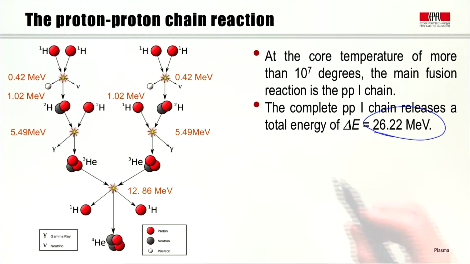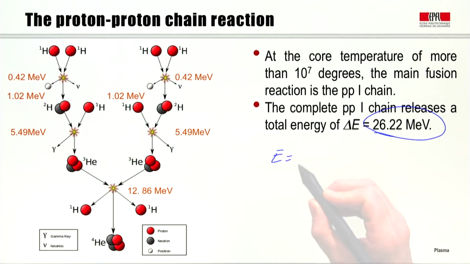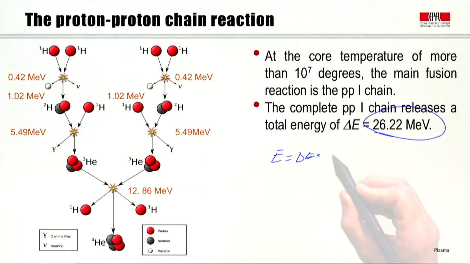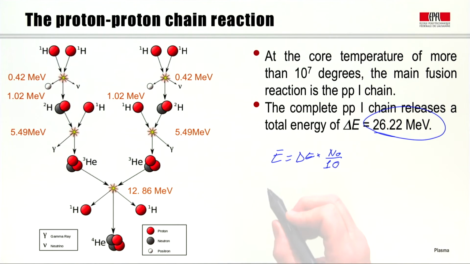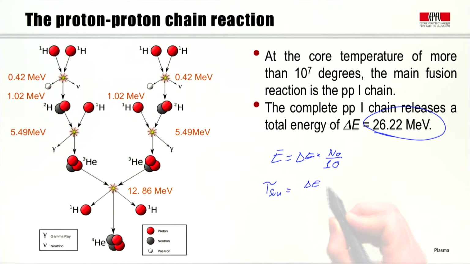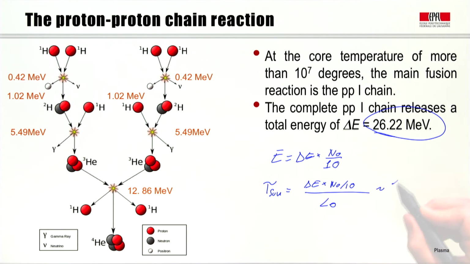This provides an energy reservoir of delta E times the total number of protons divided by 10. We can now estimate the lifetime of the Sun by dividing this energy reservoir by the Sun luminosity. We end up with approximately 10 billion years, telling us that the present Sun is roughly halfway through its hydrogen